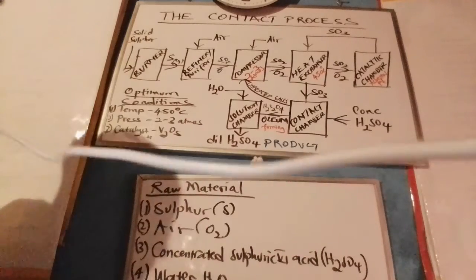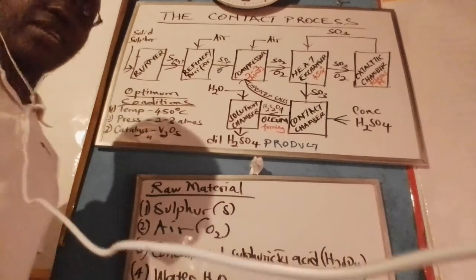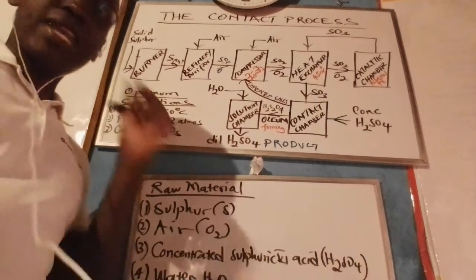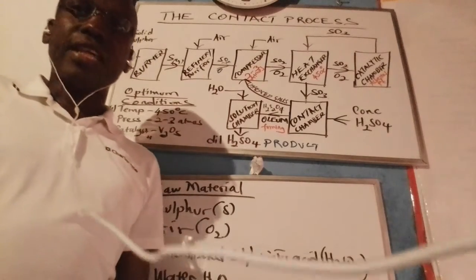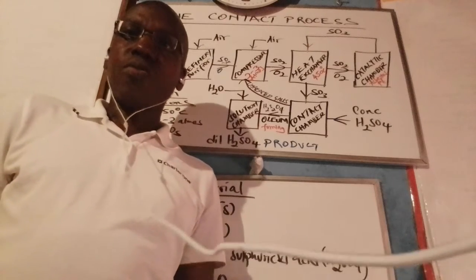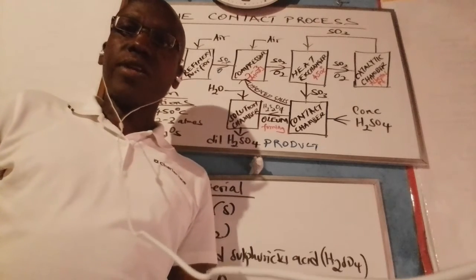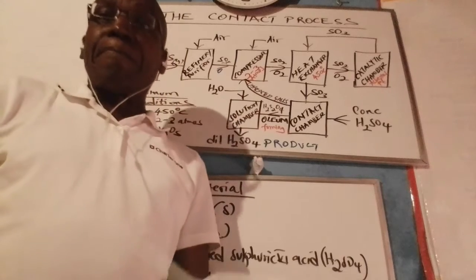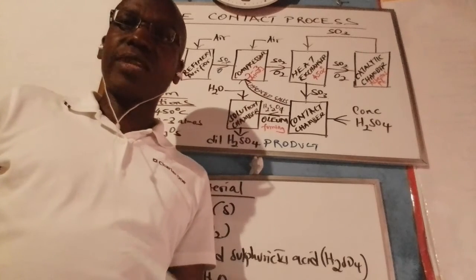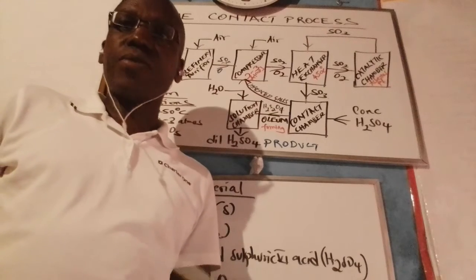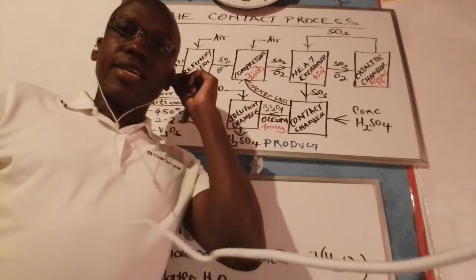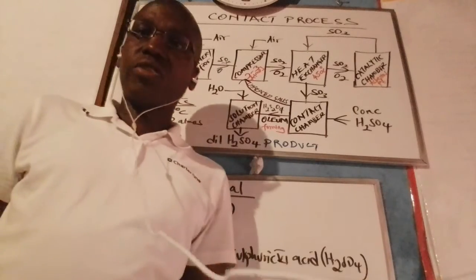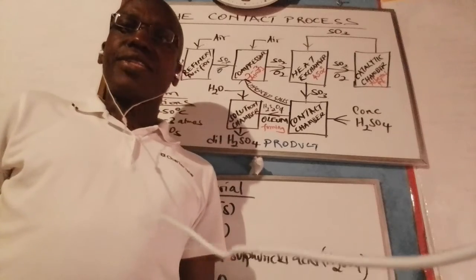Next, we are going to look critically at the chemical reactions that occur in the contact process. Otherwise, we have described the contact process as a process for the large-scale manufacture of sulfuric acid, named contact process simply because the sulfur trioxide gas, which is the main agent for producing sulfuric acid, is not allowed to come into direct contact with water, in the sense that when it comes into direct contact with water, it forms misty sulfuric acid, which is hazardous and will lead to the formation of acid rain. Instead, it is dissolved in concentrated sulfuric acid to form oleum, and then oleum is indirectly dissolved in water to form